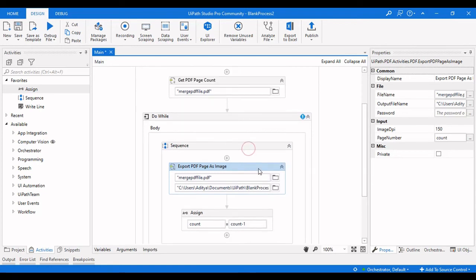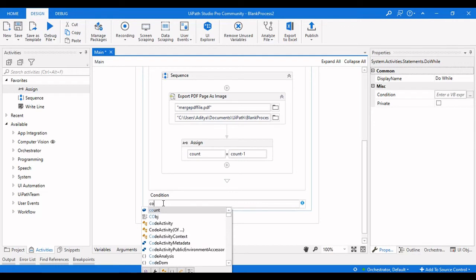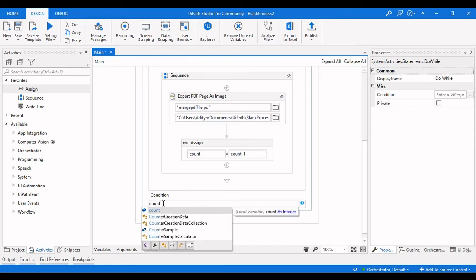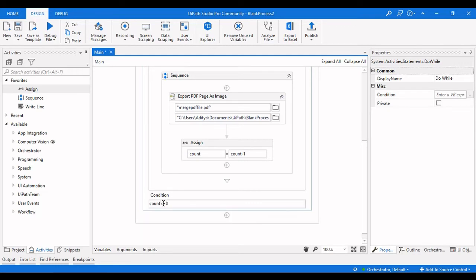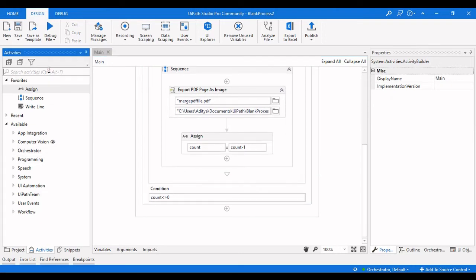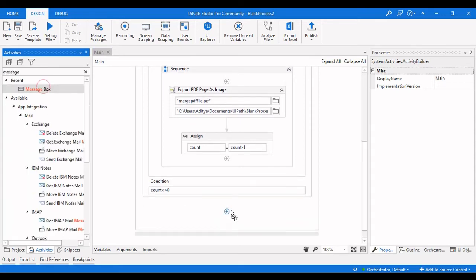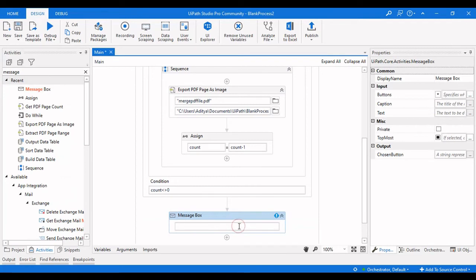In order to pass this condition, what we need to mention over here is, if the count value is equal to 0, then we need to stop this particular process, right? Let me save this, and let me also drag a message box over here to see whether the process has completed.